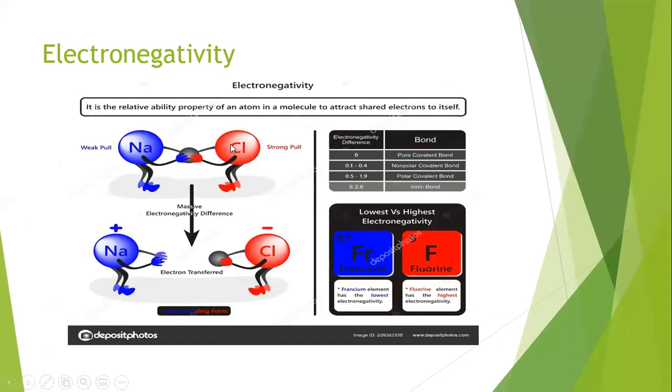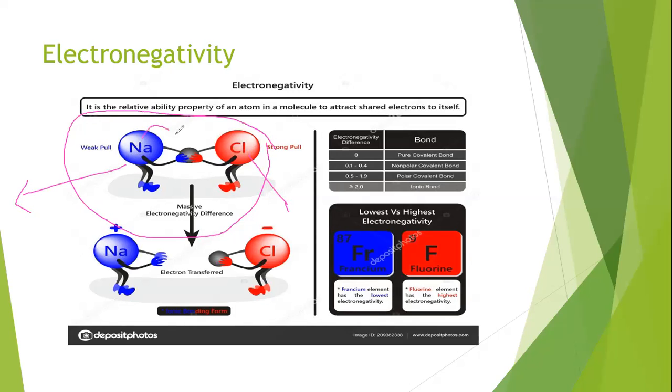Here you can see, this is basically the example of an ionic compound. In an ionic compound, there is complete transfer of electrons. As we know, metals always donate electrons because of their electropositive nature, and non-metals such as chlorine always gain electrons because of their electronegative nature. So, in the bonding between sodium and chlorine to make sodium chloride, common salt, sodium